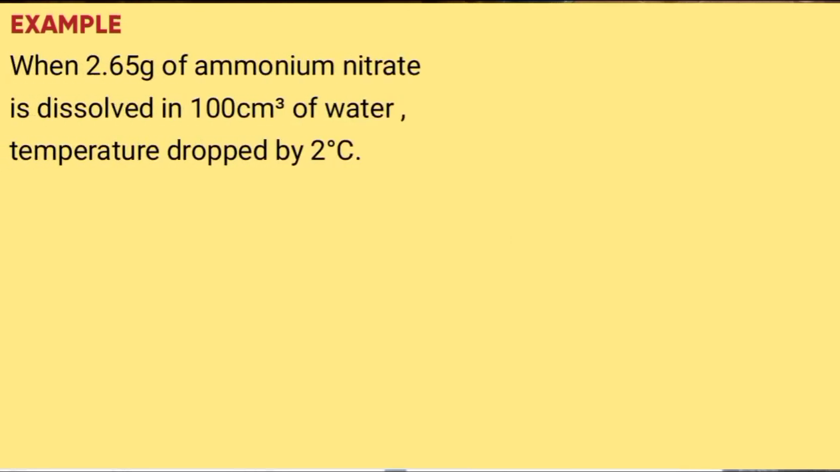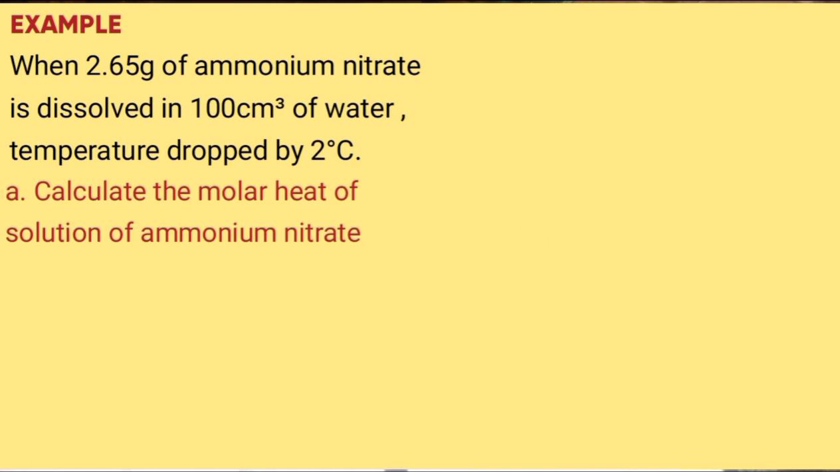when 2.5 grams of ammonium nitrate is dissolved in 100 centimeters cubed of water, temperature dropped by 2 degrees Celsius. Calculate the molar heat of solution of ammonium nitrate. Bracket, N is 14, H equals to 1, O 16, density of water 1 gram per centimeter cubed, specific capacity 4.2 joules per gram per Kelvin. Solution,